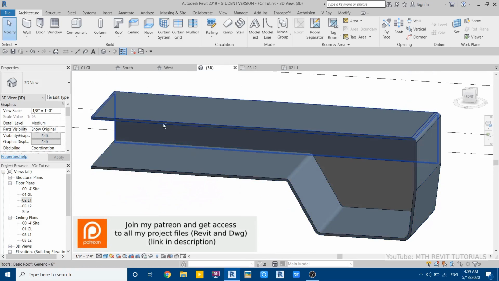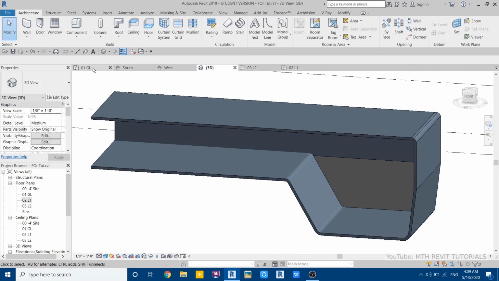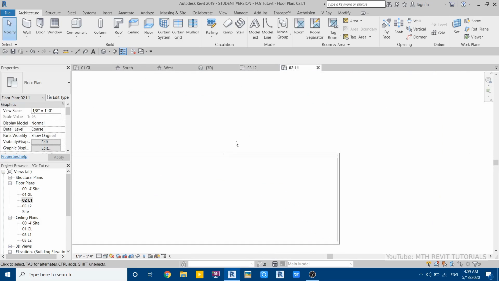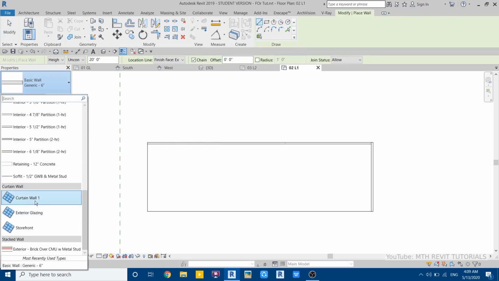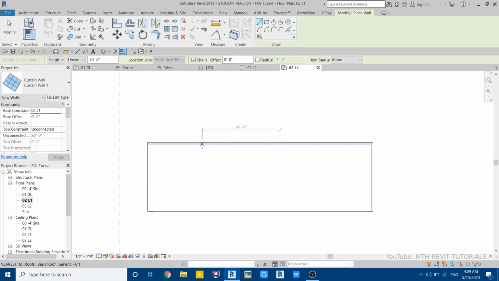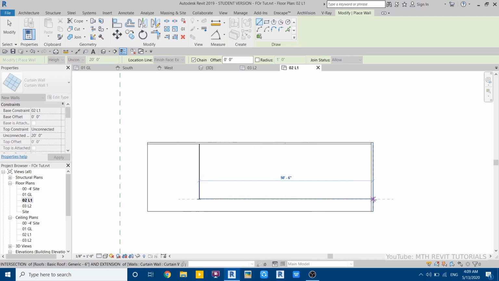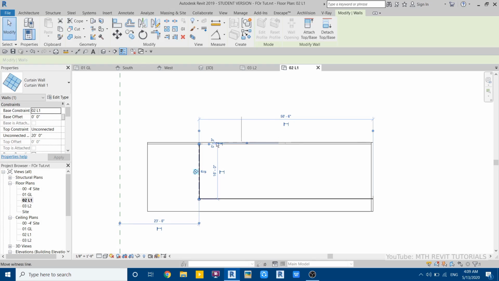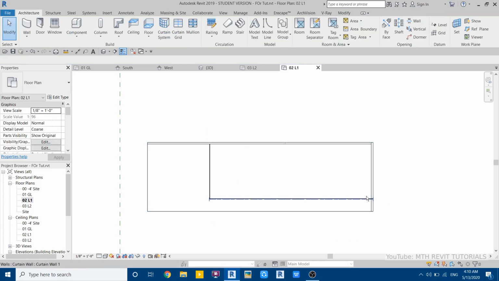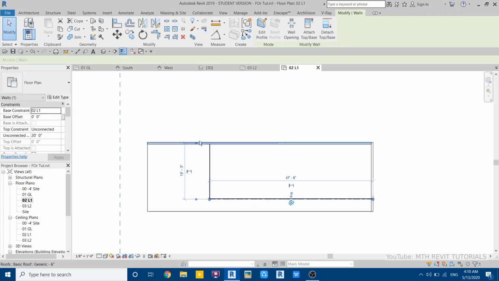Now let's create the curtain wall here. So this time we will go back to level 1 again and select wall. From this drop down, select curtain wall and draw it. Let's draw from here 15 feet or maybe 16, and then just take that until here. Select this curtain wall, just drag this dot and place to this edge of this roof here. Now change that to 18 feet,